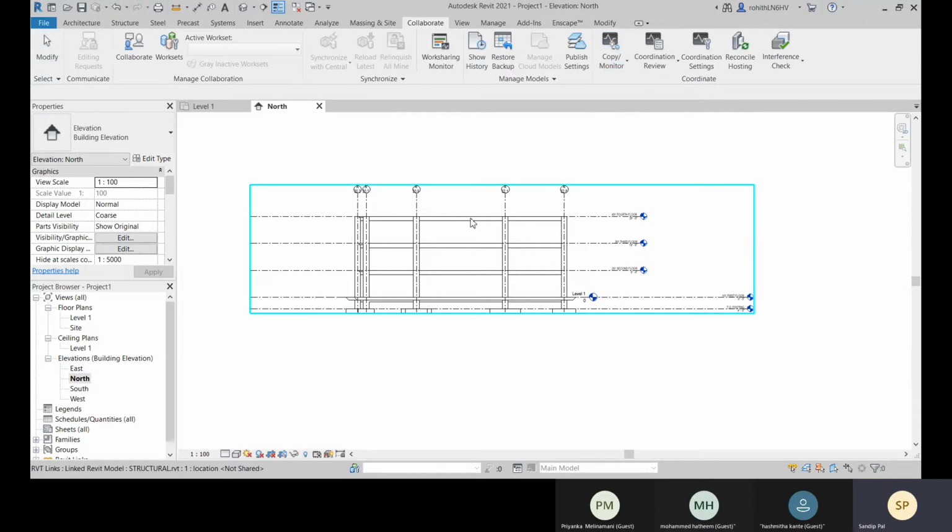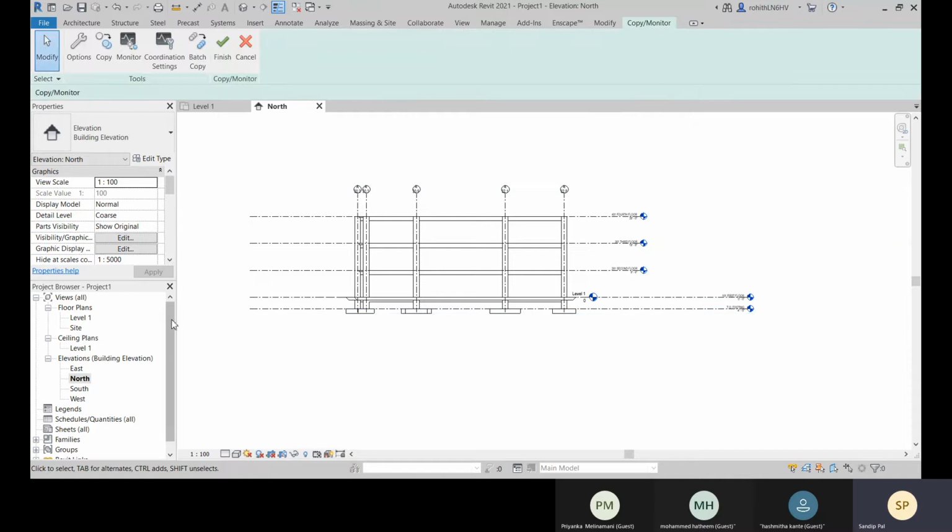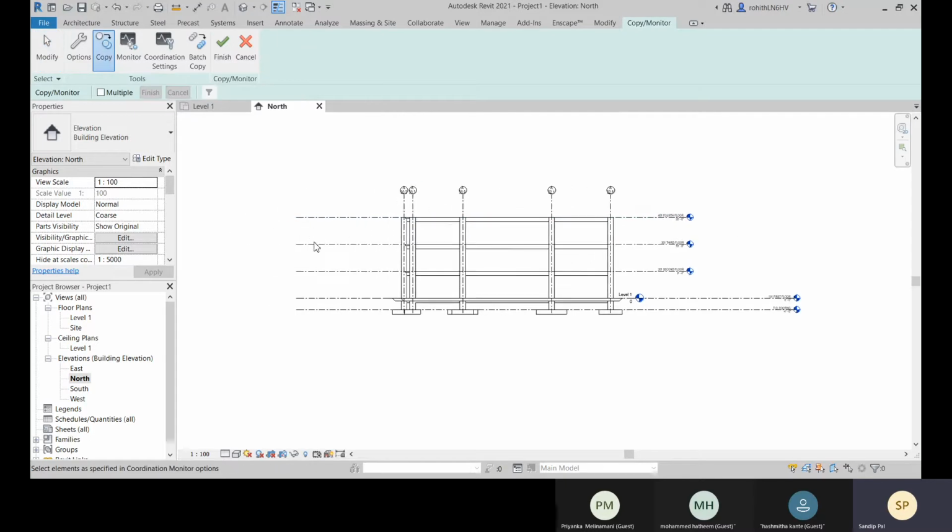So you will be selecting this link file, and after that you will go to copy. You will choose this copy option, then you will be selecting those objects, like these datum elements. So those will be copied, and those will be monitored as well.